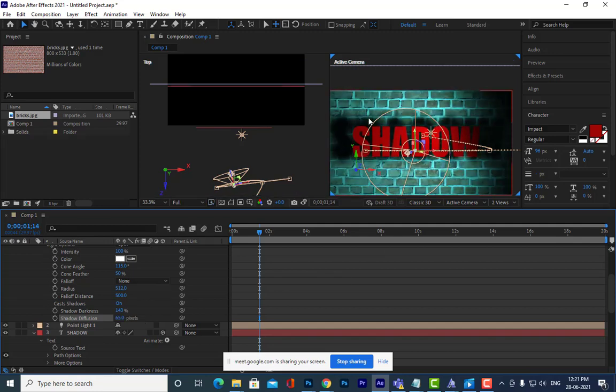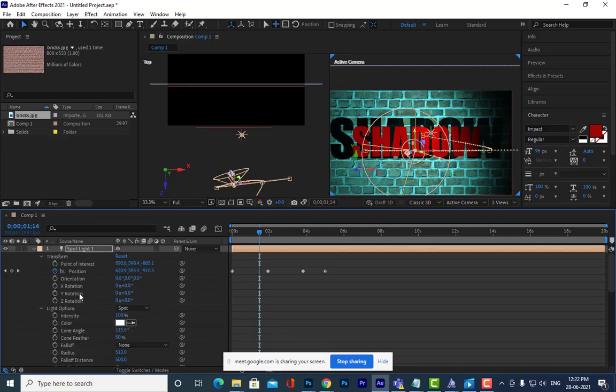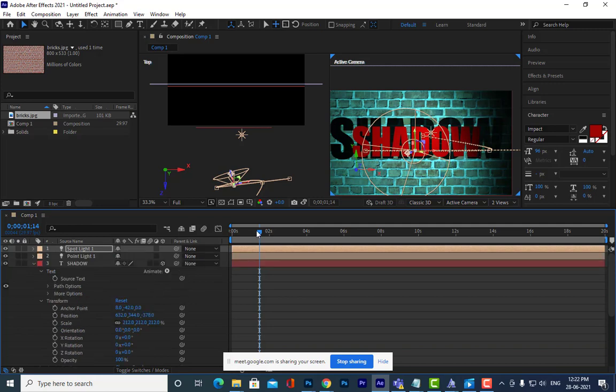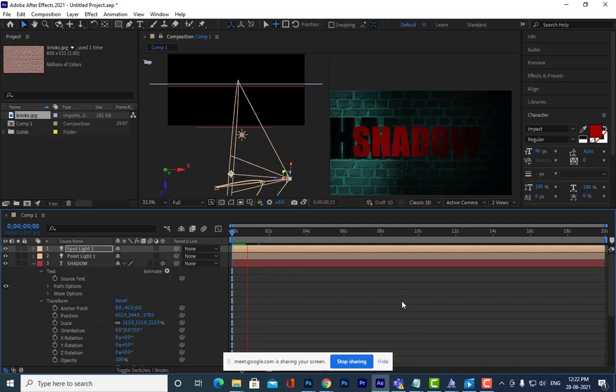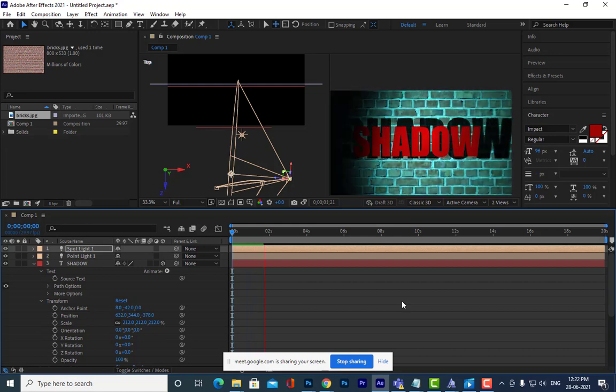Now you have a very soft shadow, almost like giving a feather. Is it clear, all of you? If diffusion is 0, we have a sharp shadow. Right. So this is how we can apply shadows to our images.